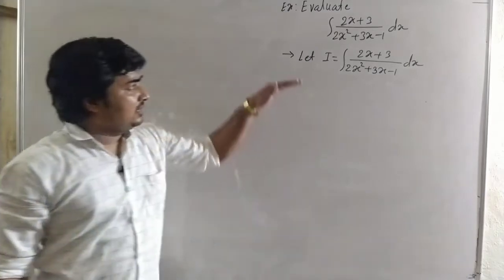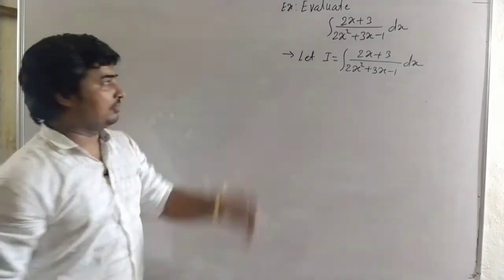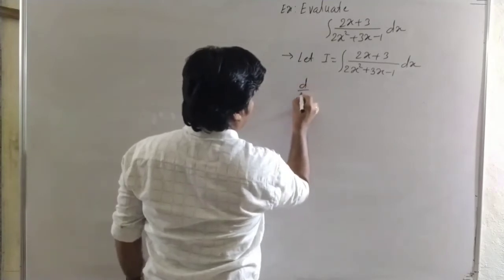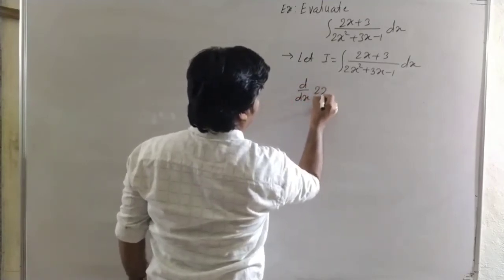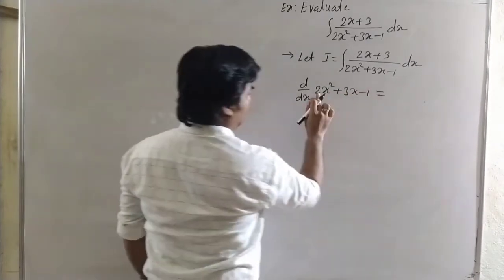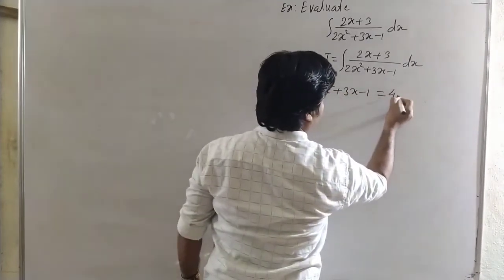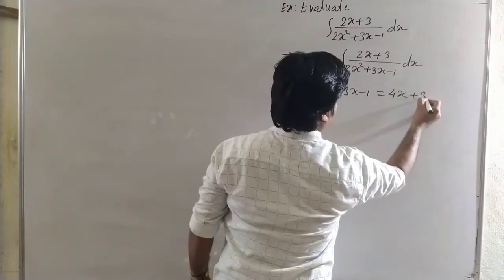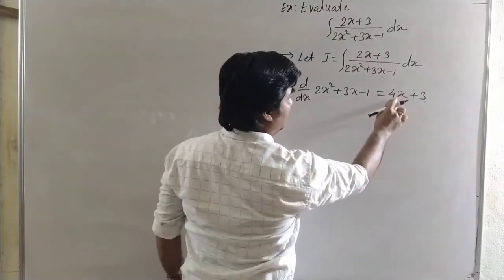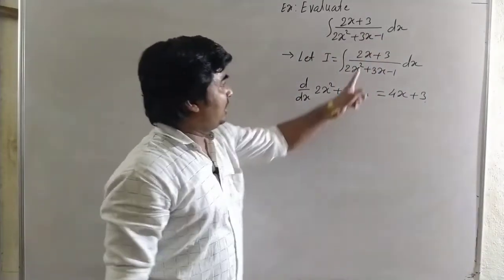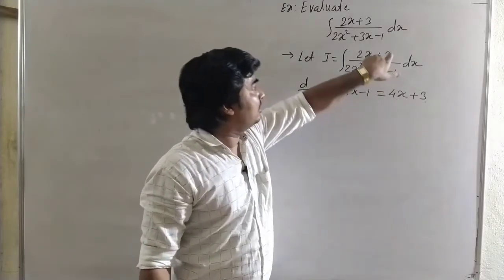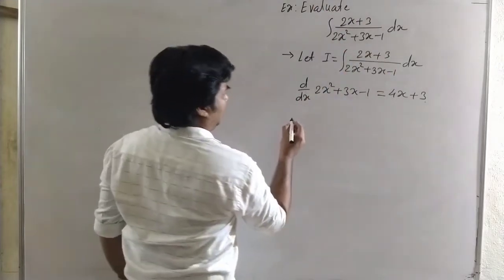Now here adjust the derivative of the quadratic function in the linear function. So first find the derivative of the quadratic function. Derivative of 2x square plus 3x minus 1 is equal to derivative of 2x square, it is 4x, plus 3. Now this derivative we adjust in the numerator. This is a linear function, it is a linear function. So the degree of these two functions is the same. So we adjust this function in the numerator. Therefore